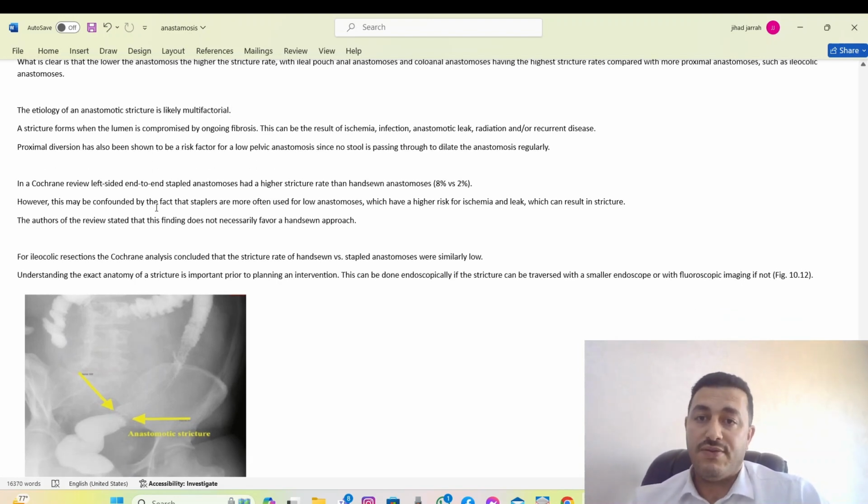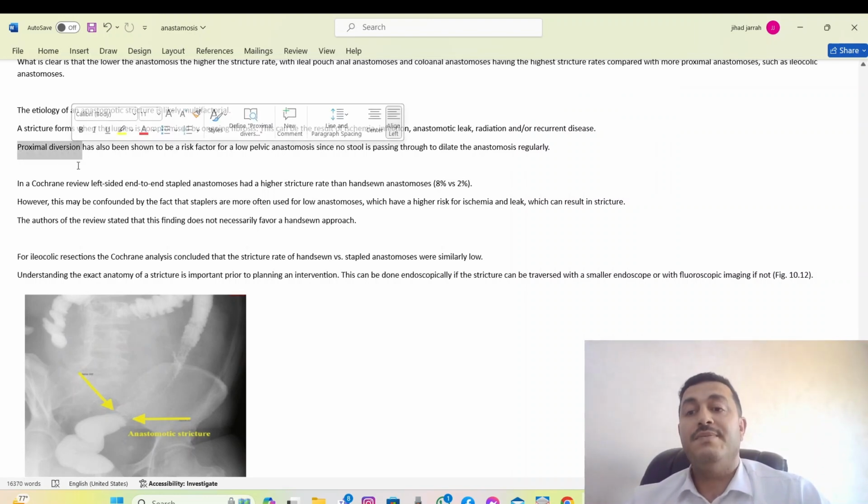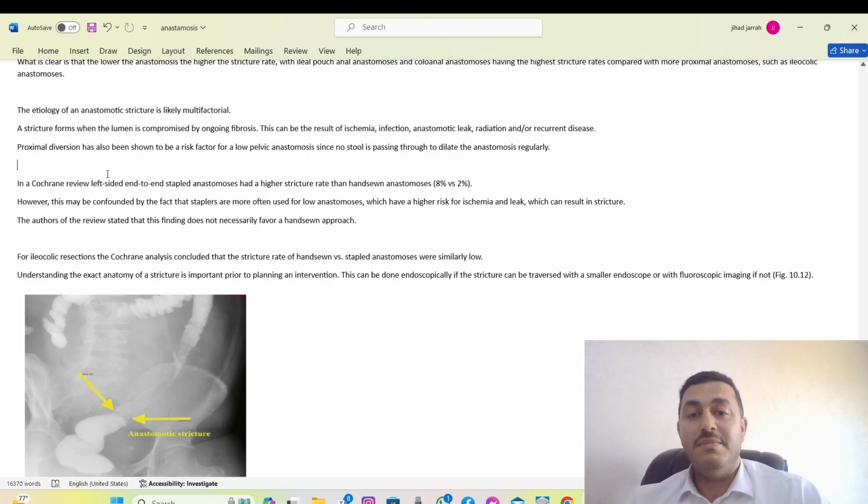Etiology is multifactorial: ischemia, infection, leak, radiation, recurrence of the disease. Proximal diversion is a risk in that it limits the passage of stool through the anastomosis, and the stool actually